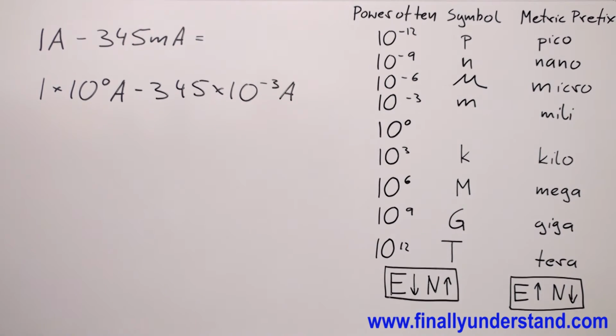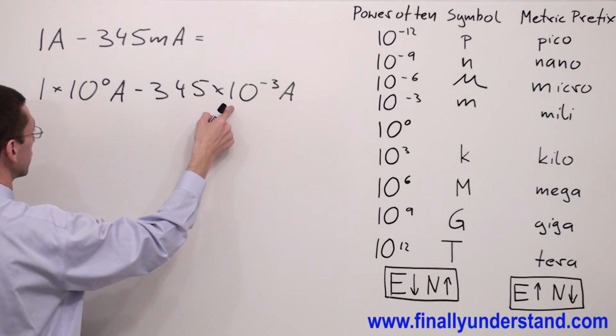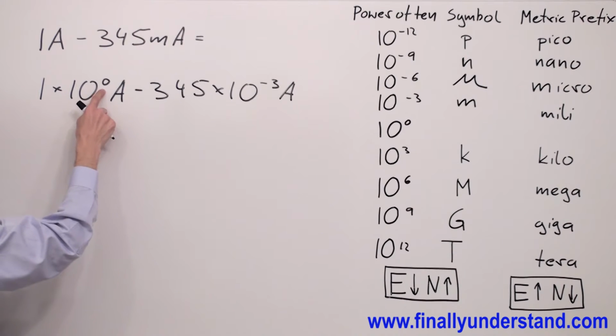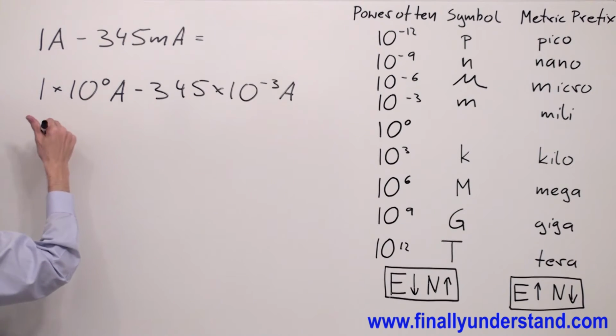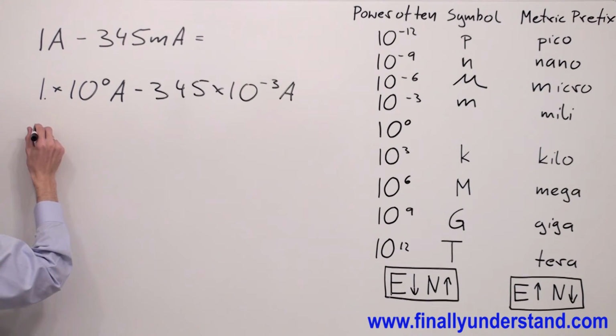In order to perform the subtraction, I have to make sure that my powers of 10 are going to be identical. This time I'm going to convert 0 to negative 3. My exponent is going to go down. In order to make my exponent go down, I have to make sure that my number is going to get bigger. I have to move my decimal point 3 times to the right side. That's why I'm going to have